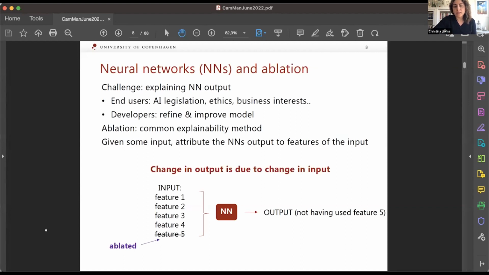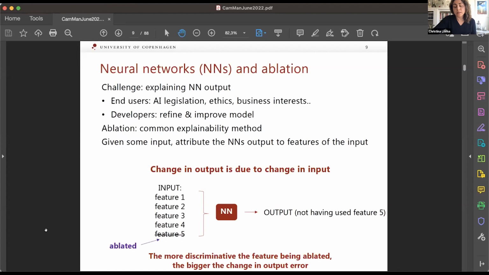And the idea is that any change that we observe in the output when we ablate a feature, we reason that that change is due to the change in the input, the fact that that feature is ablated. So this is a way of trying to trace back the attribution of a feature to the output by removing it and repeating the experiment.